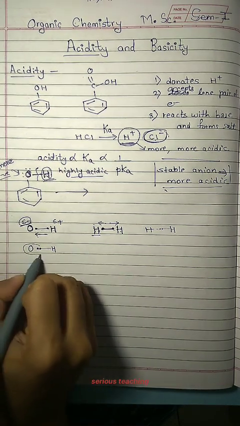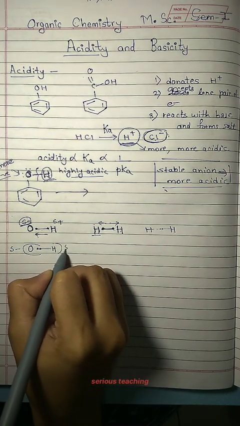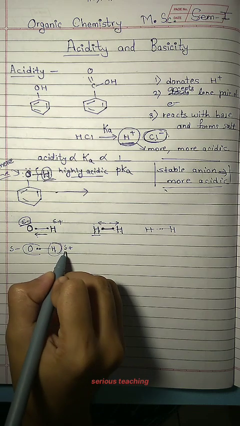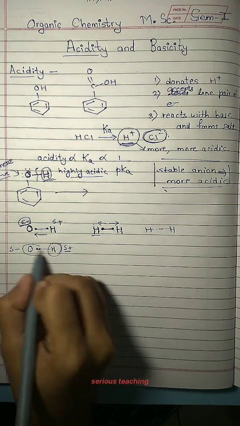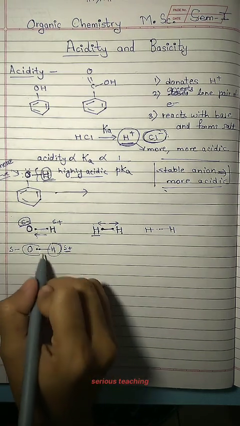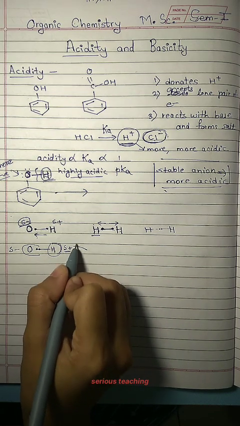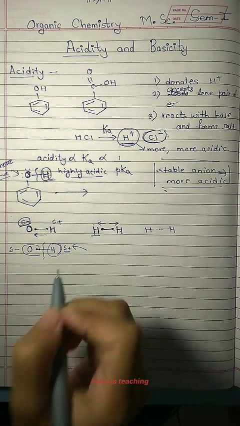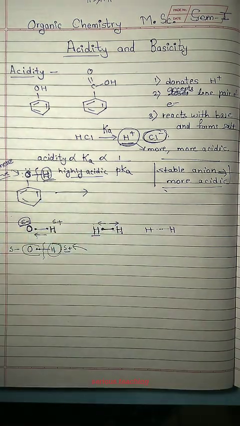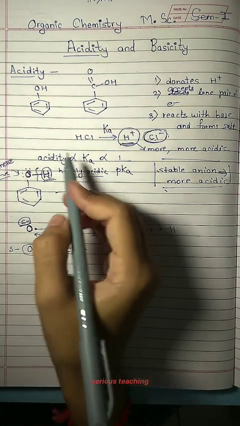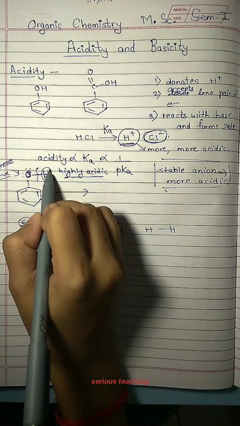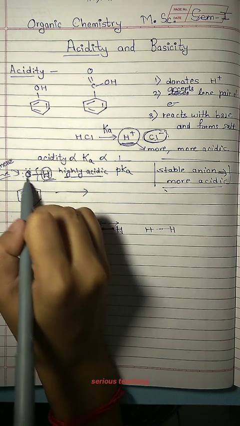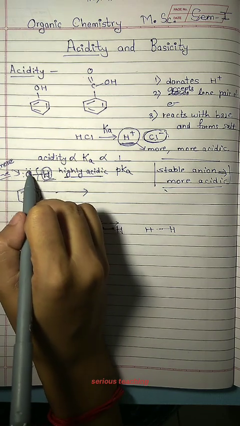These electrons go there in this way. Here a partial negative charge is there, here a partial positive charge is there, and therefore in such cases this hydrogen acquires a partial positive charge whenever it is attached to an electronegative group. In such a way, if any strongly electronegative group attacks this hydrogen, this bond can easily be broken down. So we will use this concept here. Whenever we are looking at acidity, we want to find the acidic hydrogen and we have to break that bond. In this case, this is the acidic hydrogen because it is directly attached to an electronegative atom.